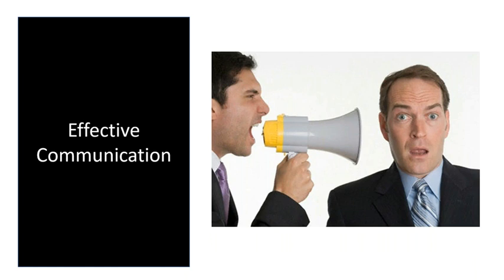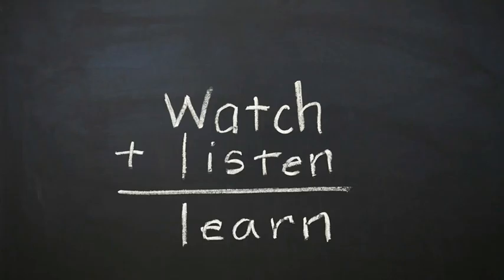So how can we be more effective in communicating? First, we got to watch and listen, and then we learn. And I'm sure some of you have heard this, but listen with your eyes. When we communicate, the way we communicate is interesting. We're talking about word tracks, but really the way we communicate is 55% body language, 38% voice tone and inflection, and only 7% is the words we use. So even though the words are important, how we say them is even more important.